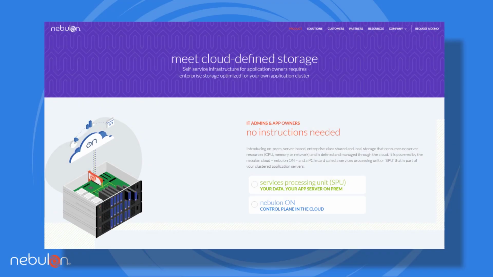Nebulon is a pioneer of cloud-defined storage, a cloud-managed, server-based storage platform built for application owners. Cloud-defined storage allows app owners to consume and automate infrastructure when and where it's needed. In this product demonstration, I will show you how to install the Nebulon CSI driver for Kubernetes, as well as